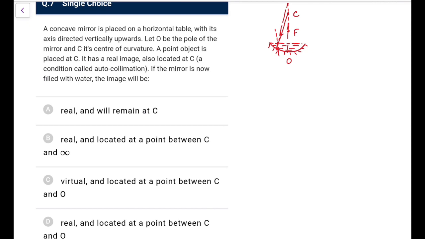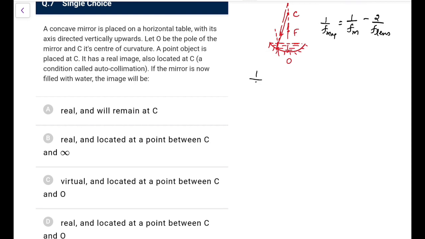But what should I do? You can do it also instead of drawing, because I have not drawn it very properly. So instead of going by the ray diagram, the first thing that we get is it is getting shifted here, so it won't be at C, the image would be between F and C. Otherwise, what you can say, take it as an equivalent mirror, and it would be 1 upon F of mirror minus 2 upon F of lens. That would be a better solution for you, I suppose.